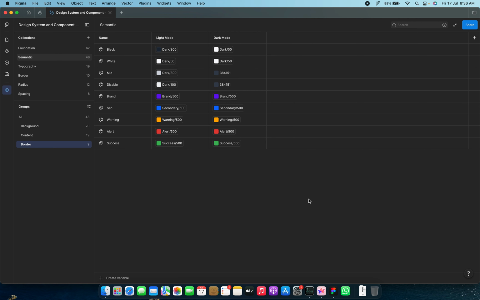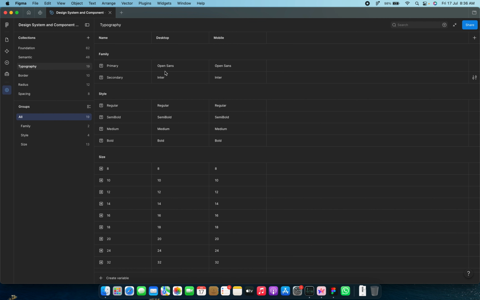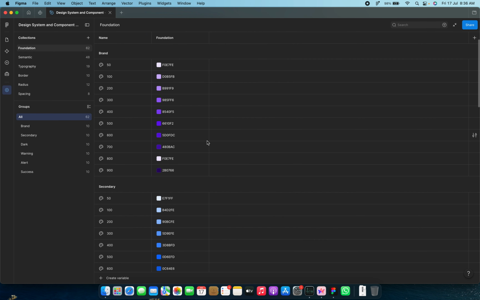Variables also help you in terms of your modes. It helps you to define your modes, to set your light mode, your dark mode, and you can also work on other elements, like typography. So yeah, for this design system I have my typography set. Now, sorry, let's go back to color. So in case you are working on a project and